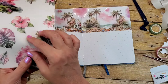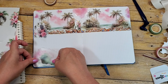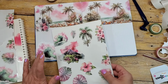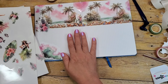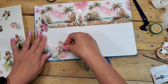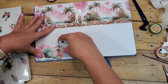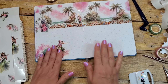I do love these, so I do want to use this. So I think this is really pretty. Let's put this one here, down at the bottom with, that would be weird. That would be weird. How about, let's do it with the girl that's dancing, if I can get her off of here. There. Okay, that's pretty. Now, there was some other stuff over here that I 100% completely forgot about that I wanted